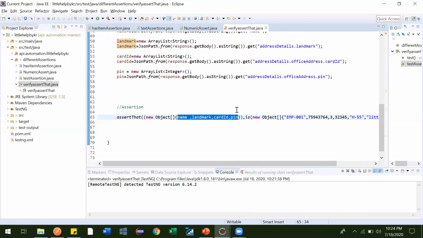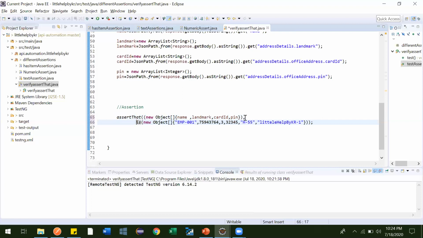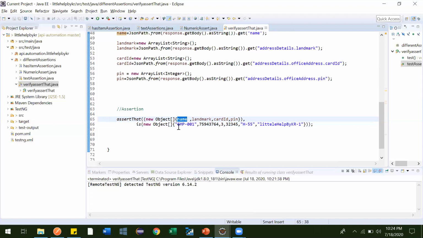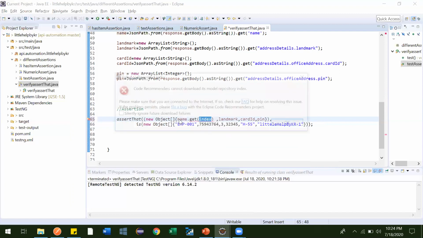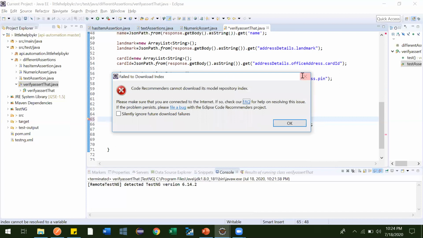Now let me bring it over here. This is holding all the four values, but then how can we use it in an assertion? For that, just after the name variable, put one dot and get(0).